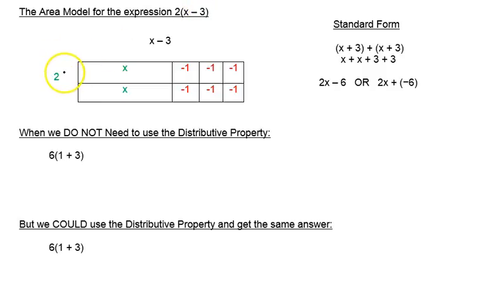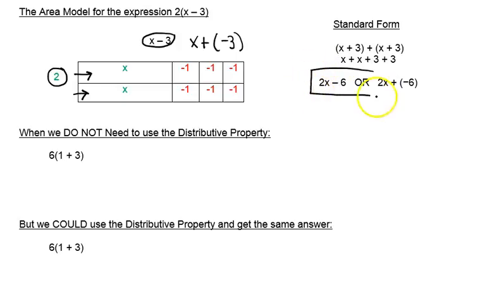model. Here's our positive 2 times x minus 3. So that means two groups of x minus 3. So here's our first group of x minus 3, and here's our second group of x minus 3. Remember, we can rewrite this expression as x plus a negative 3, and those would be the same thing. So if we were to write this expression in standard form or simplified form, we'd end up with 2x minus